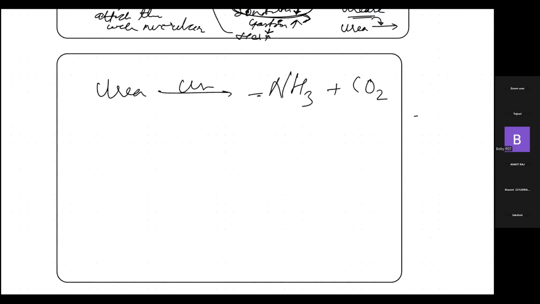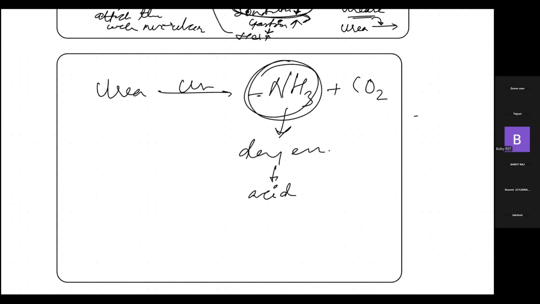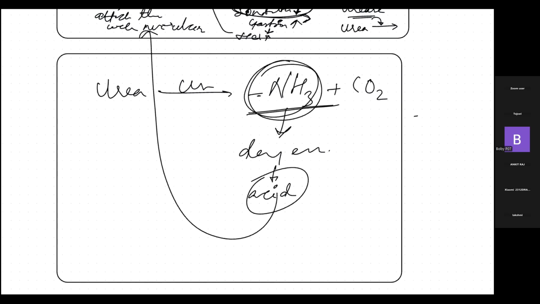Now this ammonia again damages the epithelial cells, and it stimulates acid secretion. Again it will increase the acid secretion, attack the mucosa, and then an ulcer will be formed. I hope this part is clear, what this H. pylori is doing over here. Now, if someone is confused about how this ammonia is increasing the acid, I hope